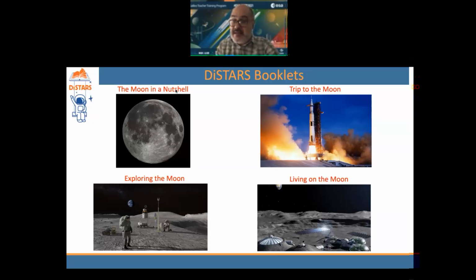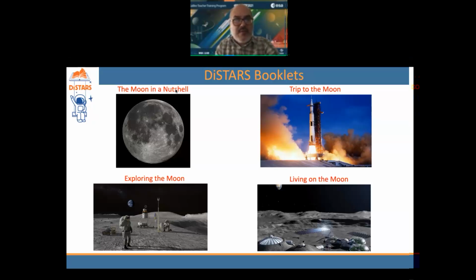So I think this is an exciting starting point for the students to think about what it takes to go to the moon, and of course to Mars. And the point is that we need to take everything to the moon, because there's no food, there's no water, there's no air. So we need to think about all the resources that we need to take to the moon to successfully exploit this, our closest neighbor in space.